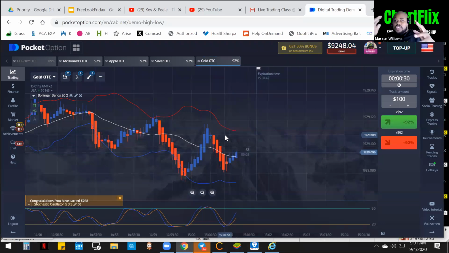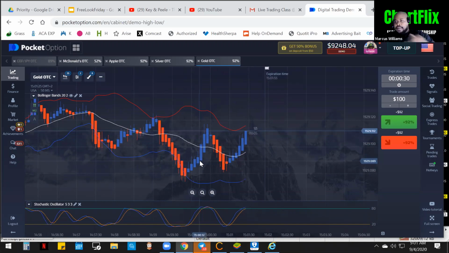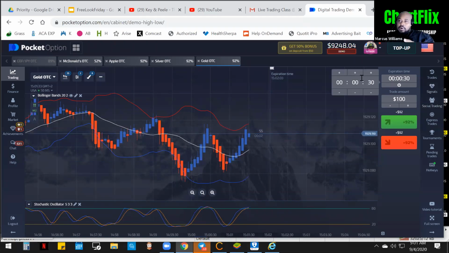Now, in a real scenario, I wouldn't have pressed that $100 button like that. I would have waited for my strategy to set up, and then I would have taken the trade. And like that first one that I lost by a second, these are the type of trades that you could take, and you can make your money in 30 seconds. Now you can put it longer. You can put it for 1 minute and 30 seconds. You can put it for 2 minutes and 30 seconds. So we have binary trading as well.